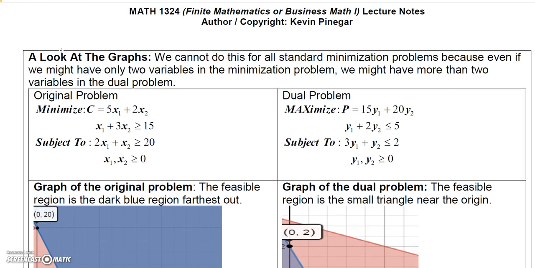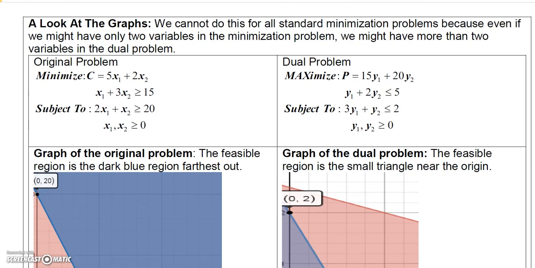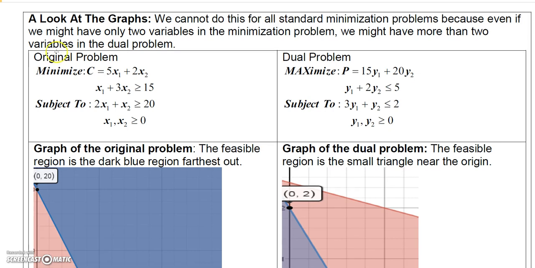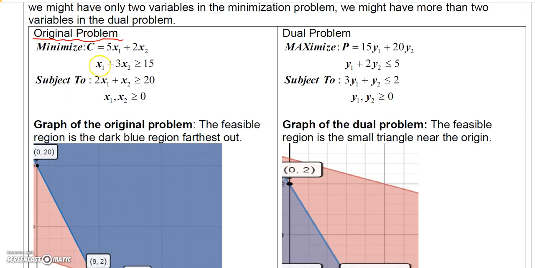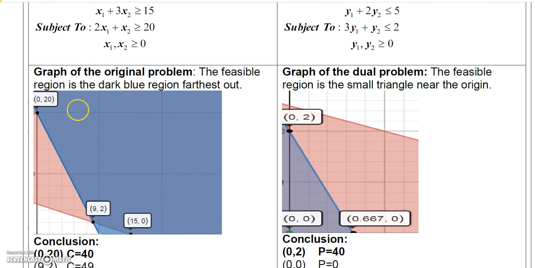This will be very short. I'm just going to show you a look at the graphs of the solution from that last problem. This won't take very long, but I want to show you, if you were to solve the original problem that we did in the previous problem by graphing, basically what you would have is this dark, the feasible